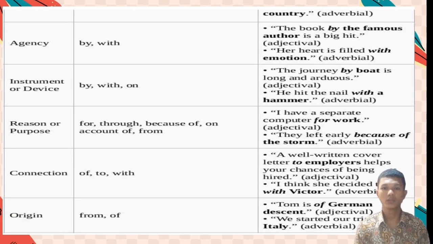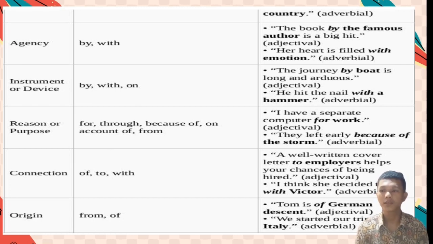Alright, I will explain about categories of preposition. Most prepositions have multiple usages and meanings. Generally speaking, prepositions can be divided into 8 categories: time, place, direction or movement, agency, instrument or device, reason or purpose, connection and origin. Yang mana itu jenis-jenis kategori preposition itu sebagian besar memiliki multiple penggunaan dan arti, yang mana secara umum